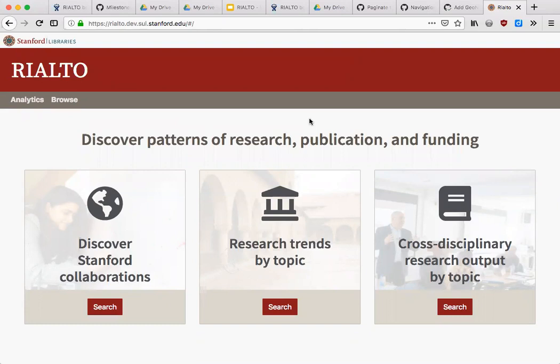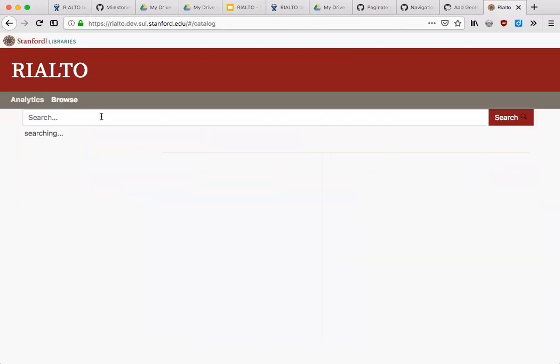So just a quick review, what we're doing here is we're harvesting information about the organizational units at Stanford, like departments, schools, and institutes, researchers at Stanford and which departments and schools they're affiliated with. We're also harvesting grant data from Sarah, and we're harvesting publication data from the Web of Science, and we're linking these things together. So I guess I'll start with the browse, since that makes it more clear the type of